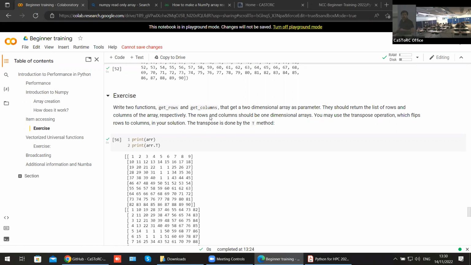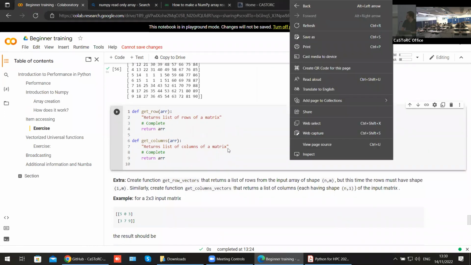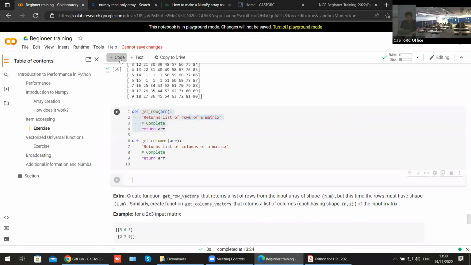Okay, let's start again. I left you with two exercises. The purpose of these was to write a function that gets rows and columns of a matrix. I saw some solutions around, so let's go through a couple of options that I saw. The purpose is to return a list of rows, right? What we said before is that we can access a row of a matrix by putting a number